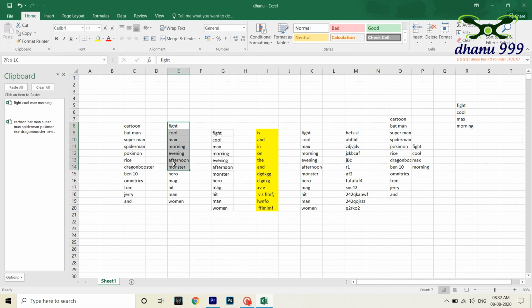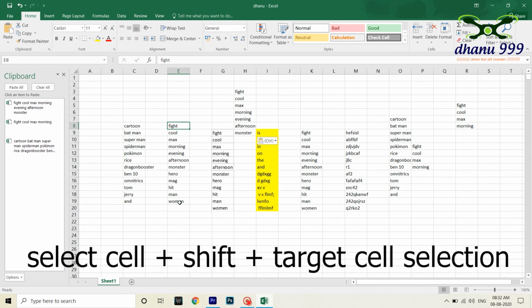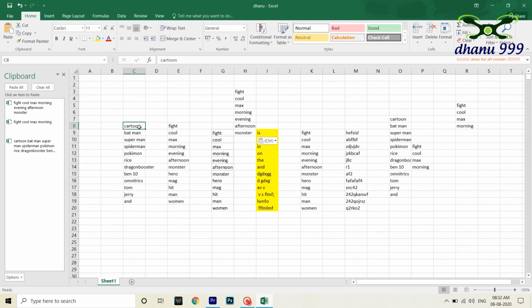If I select this one and I copy here, we got the total copy, and I will select here and press like this up to where we have selected. We got this. If I want a selection like this, I can drag. Otherwise I will go for the column and select up to that. And there is one more shortcut. I will select here, hold shift, and select the target. See here, the entire range is selected. I will select this cell, hold shift, and select the target cell up to where I want to select. I can select like this. This is one more shortcut.